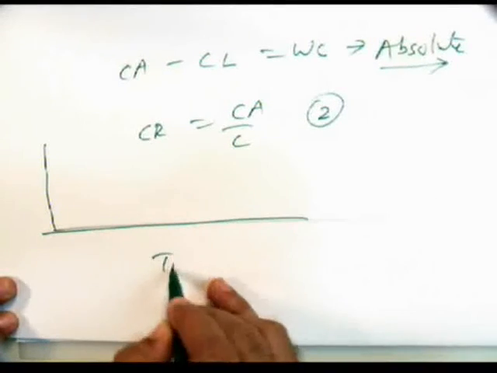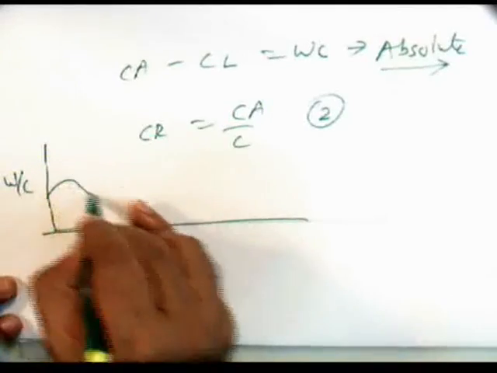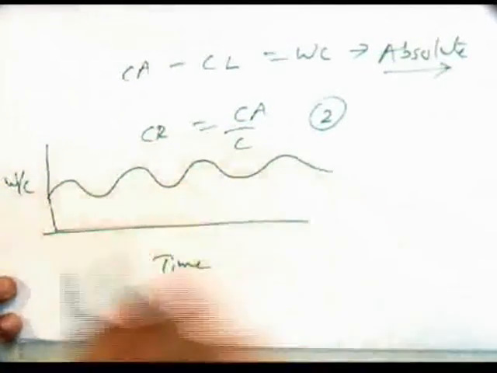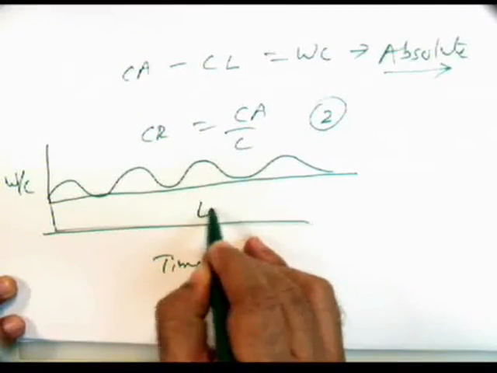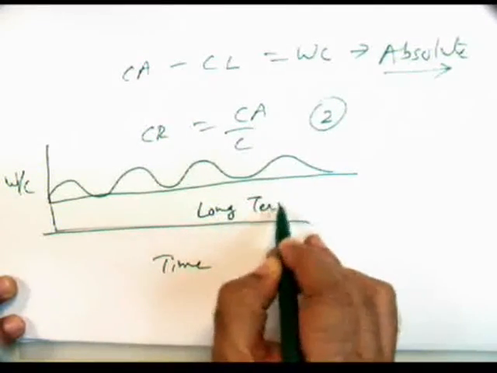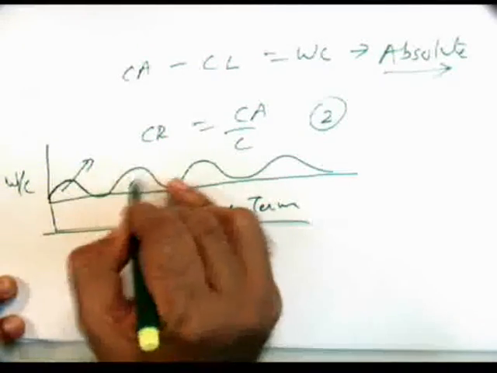So this is time, this is working capital. It generally fluctuates like this. So this is financed by long-term fund. This seasonal demand is